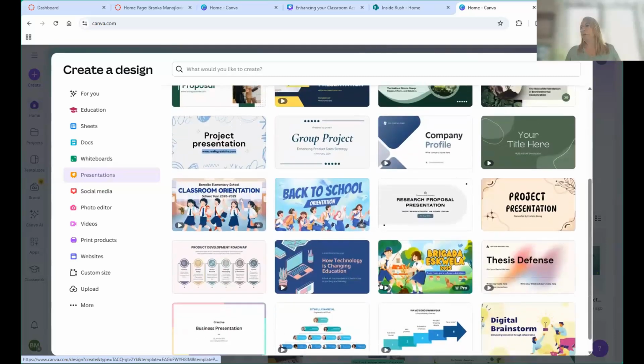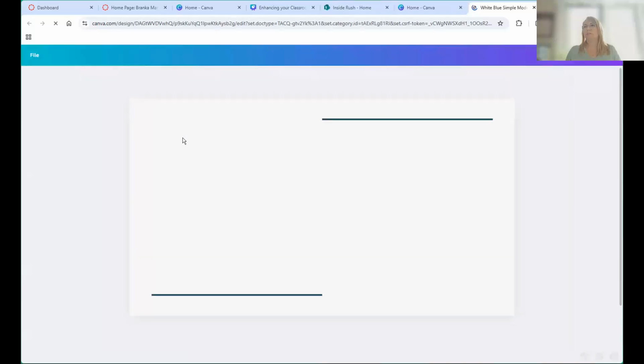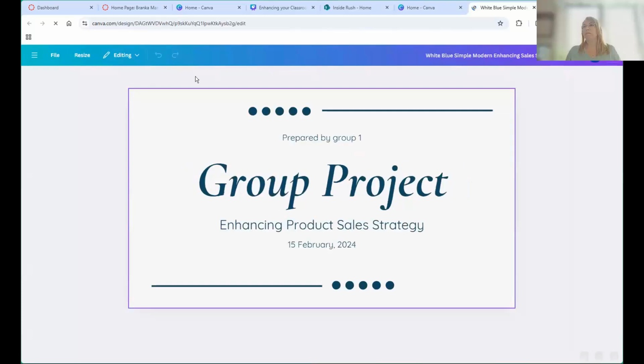So again, if you pick one, I'm not gonna pick these because these are animated ones. Anytime you see a little play button here, that means that there's some animation in it. So I wouldn't start off with those just yet, but let's go with something simple. So if I pick this presentation and let's say I really don't like the color scheme, as soon as the